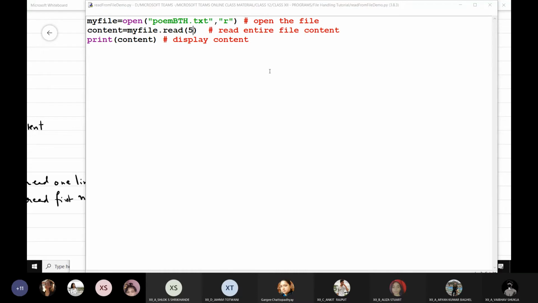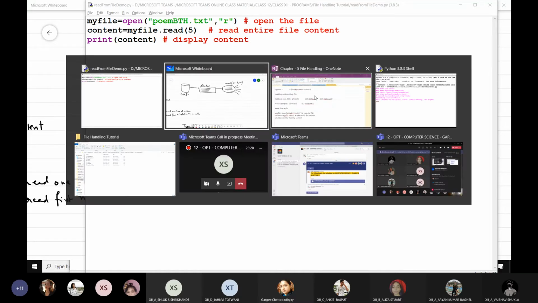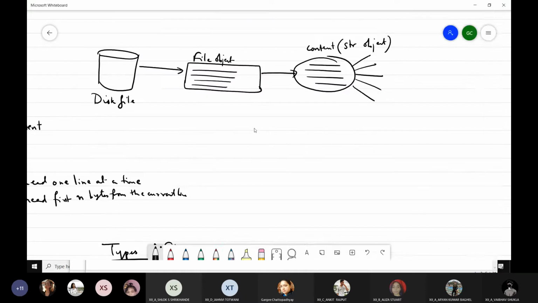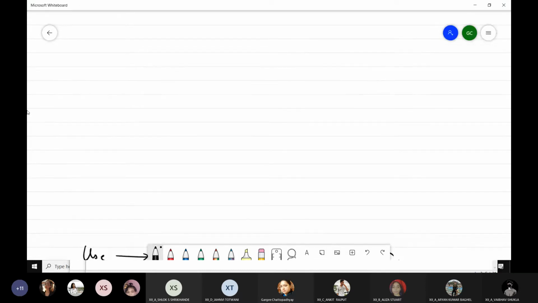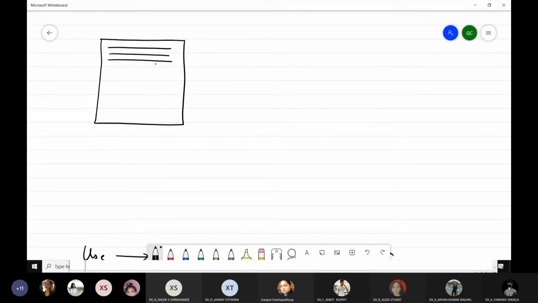Before I go to this one, I want you to understand one more thing. Every file which I create contains a file pointer. Suppose this is my file and these are the lines which are written, and at the beginning of this file there would be a file pointer.